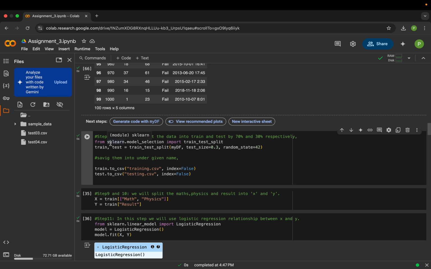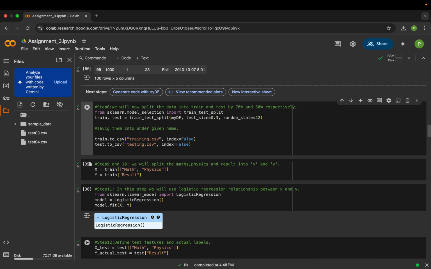As you can see, we need to import this line: from sklearn.model_selection import train_test_split. When we run that, we need to create the train and test sets. X train means maths and physics, and y train means result. So those are like the dependent variables and this is